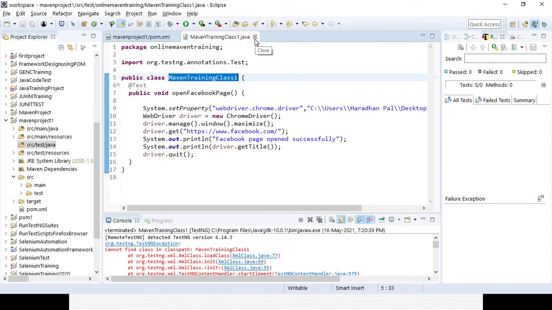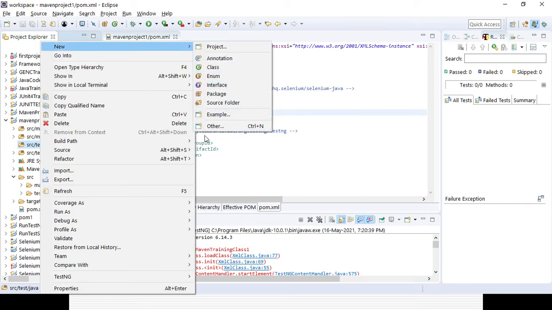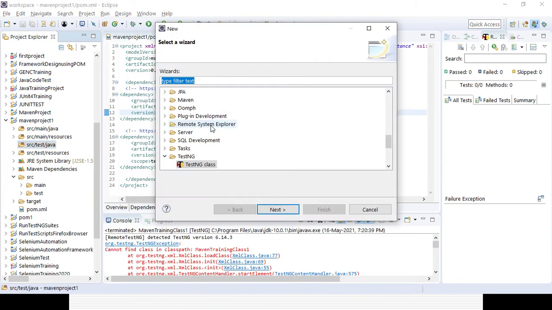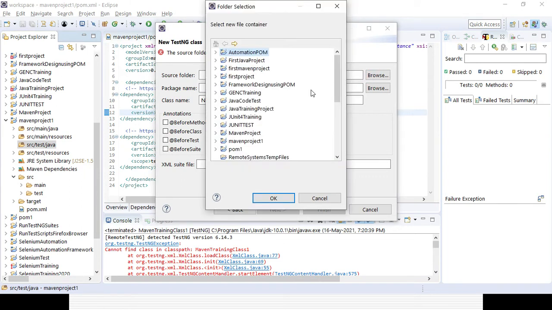Let's close it because it was created in a different way. Try to create a new class once again. TestNG class. Let's give the correct source folder, Maven training project 1. Okay, I created it here only. That is the reason it is not there, right? I have to create it here. Okay, so that is the reason it created the problem.